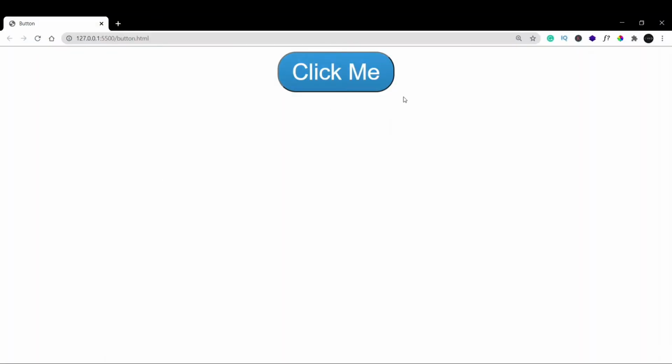So this is the button that we're going to create. You can see it also has a hover state. When you hover over it, the color changes and it has borders and everything, rounded corners. So we are going to create these buttons and amazing different types of buttons using a tool, and we are not going to write even a single bit of CSS.